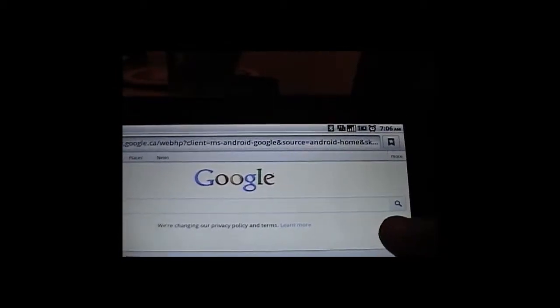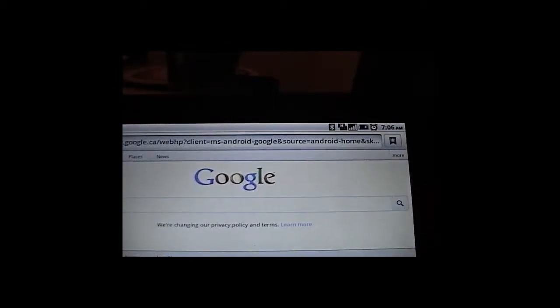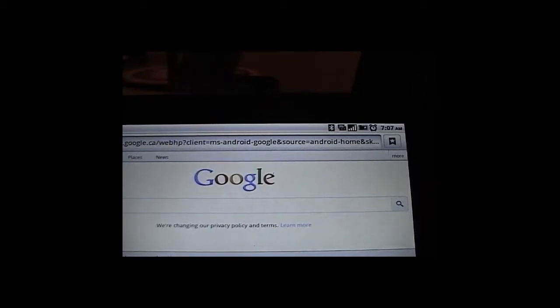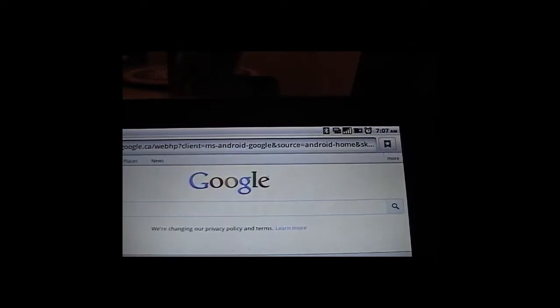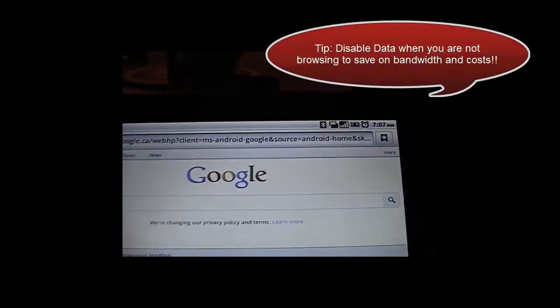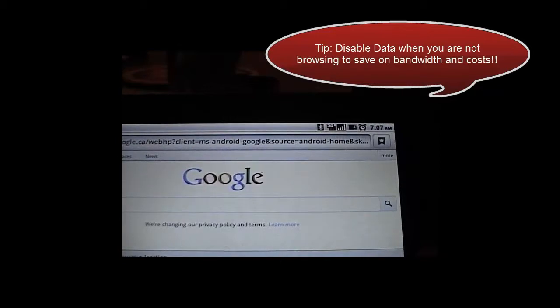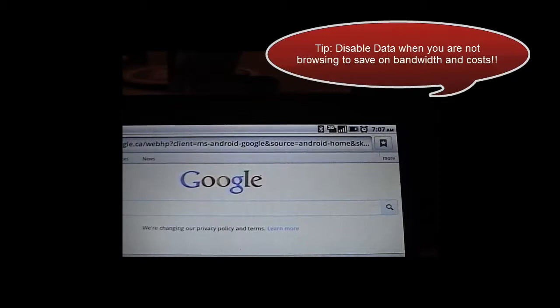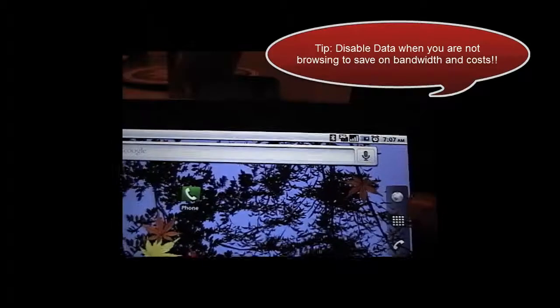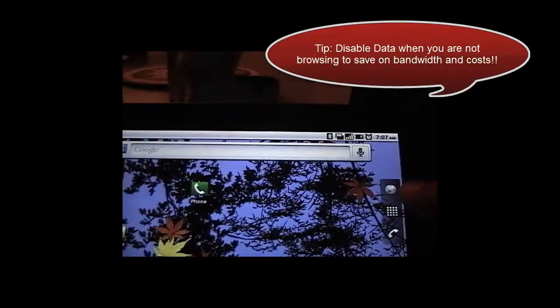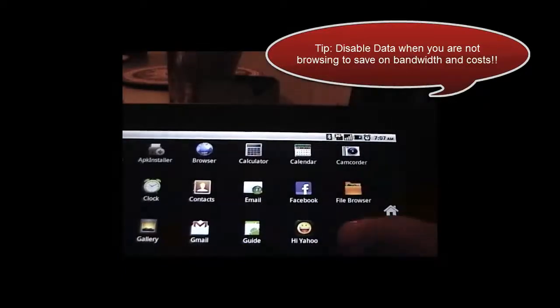And if we go back now to other stuff, I believe it's also good for you to know that you can also disable the 3G option on this device, and you can do that, of course, if you want to save money. And how to do that basically is that if you want to disable your data